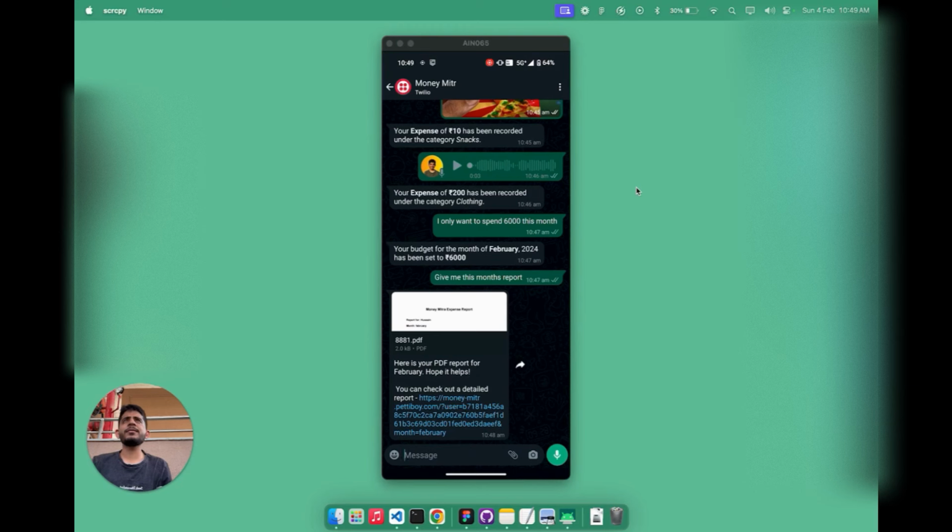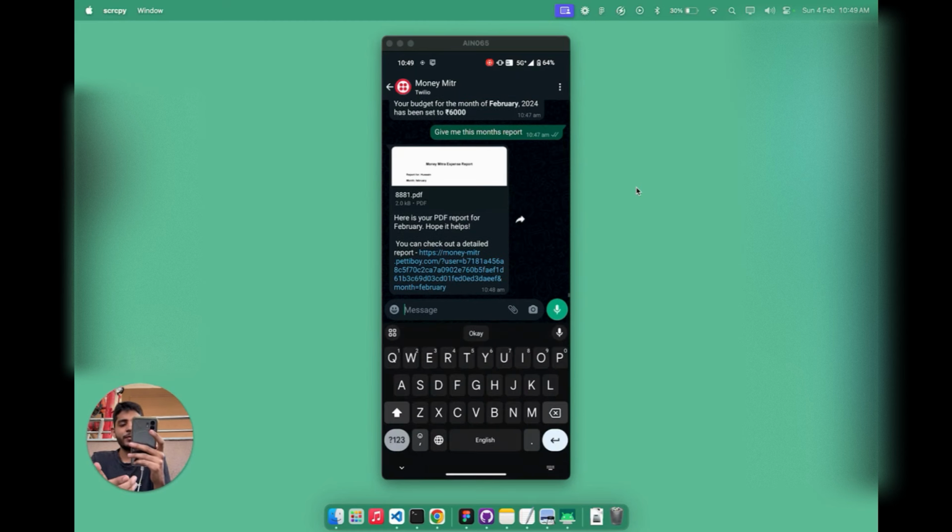Now let's go a step forward. Now that our bot is aware of all our budgets, our expenses, we can ask it some more financially relevant questions. For example, I can use the voice note for any of these features, but for this feature I will be demonstrating the voice note once again. I am buying a car on a loan of rupees 10 lakhs. Should I repay the loan in the next 10 years or the next 15 years?